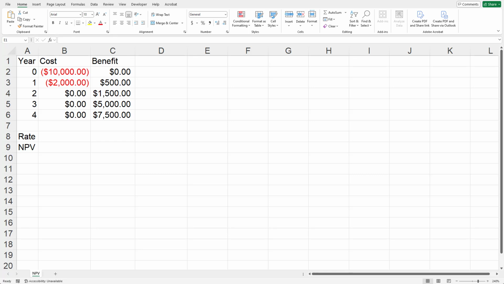So here we have some numbers for a project, and I'm going to use Microsoft Excel to calculate the net present value of this project. We have a project that's going to run 4 years. The cost of the project initially is going to be $10,000 and another $2,000 in year one, and no additional costs after that. The benefits will get $500 in year one, $1,500 in year two, $5,000 in year three, and